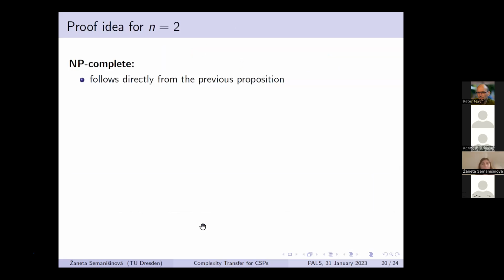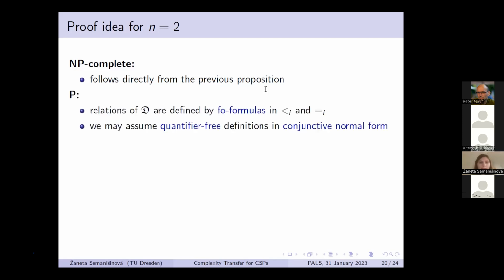Yeah, and so let me talk about the proof for the remaining time. It's quite a lot of technical steps, but there are some ideas that I hope can be extracted. For NP-completeness, there was actually work done before, so this follows from the result that I already showed you. But for the tractable case, well, first,